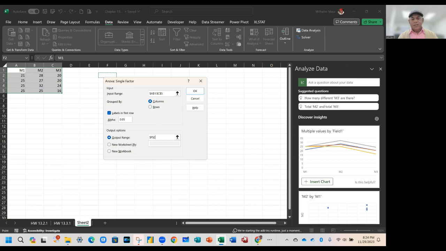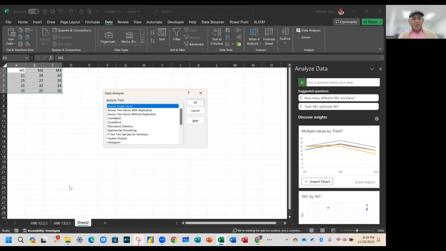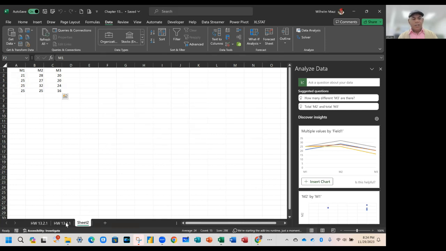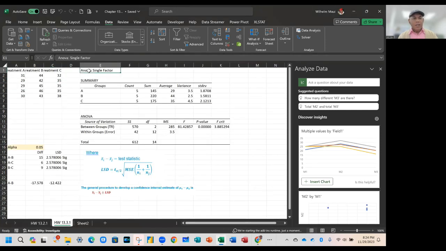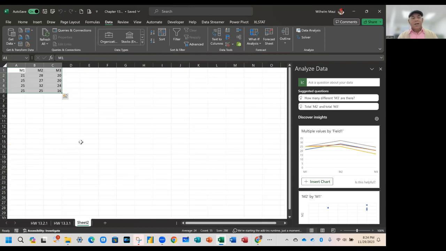Actually, I should check to make sure that I'm using the same. So let me do this. If I go back to here, I see that I'm going to put my results in E1. The reason I want to do that is so that my formulas that are here are going to reference the cells without me having to work too much. So, okay, if I come back here and do that one more time,